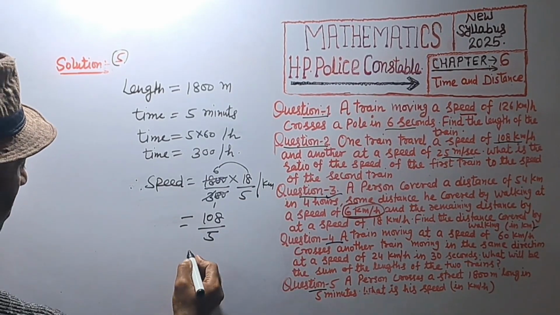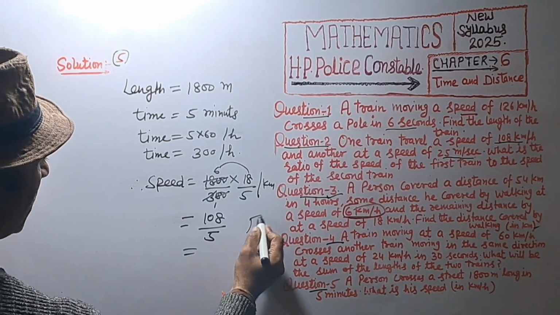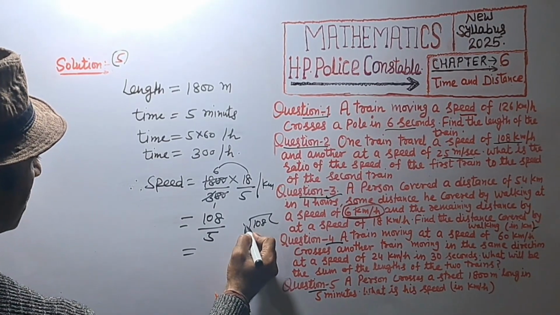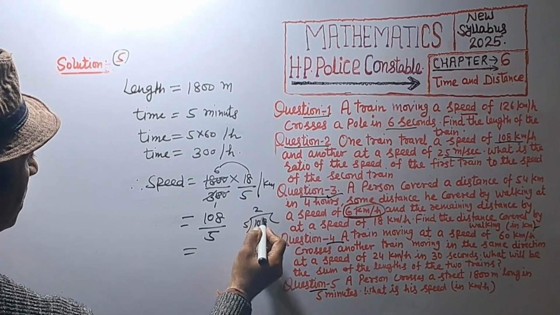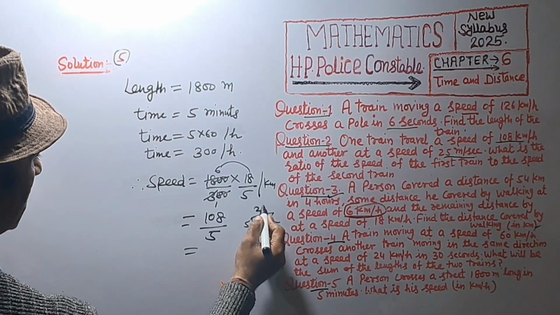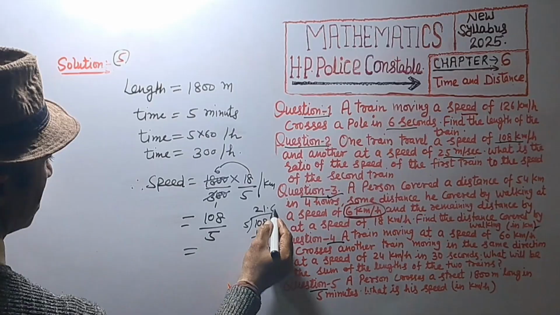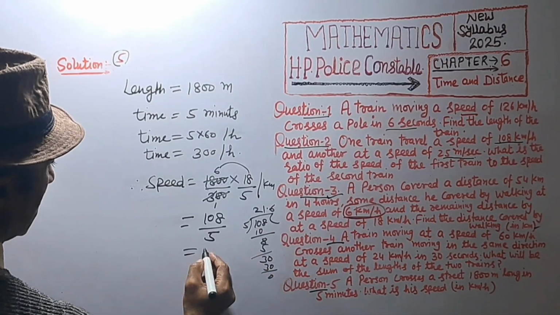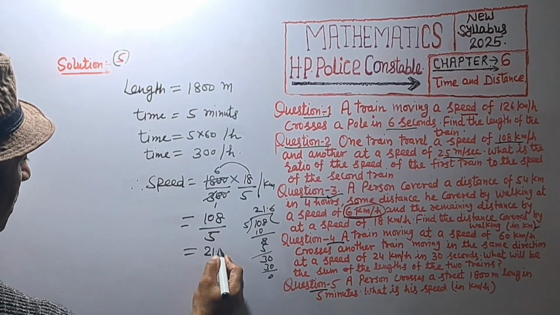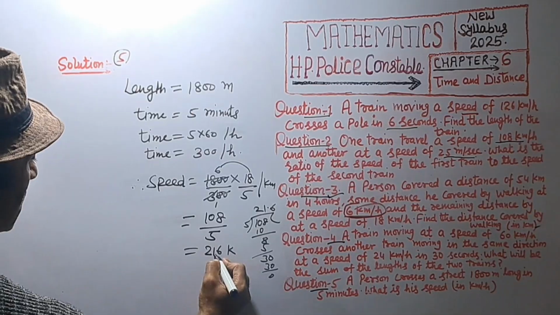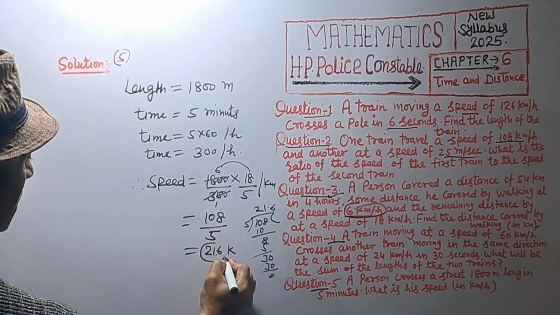Change in kilometer. 108 divided by 5. 5 2s are 10, 8. 5 1s are 5, 3.0. 5 6s are 30. 21.6 kilometer